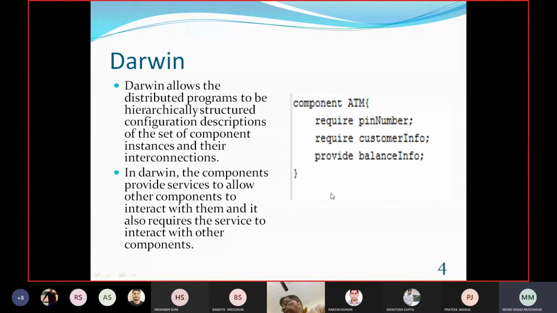Here is a small example of a component. We have two services that are required and one that is provided. The component ATM requires the PIN number and the customer information, and it provides the balance information. It is just a very small component; there can be various numbers of required and provided interfaces.